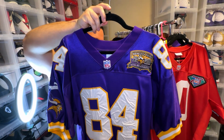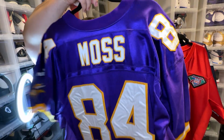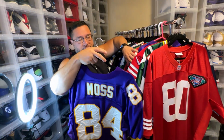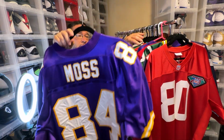But, you know, I try my best to keep it, I guess, okay. I could wrinkle out the twill probably, or iron it, but I'm not too worried because you're going to see why I have the Mitchell and Ness version. So glad to have it in the collection. Pumas are dope. So this is a nice